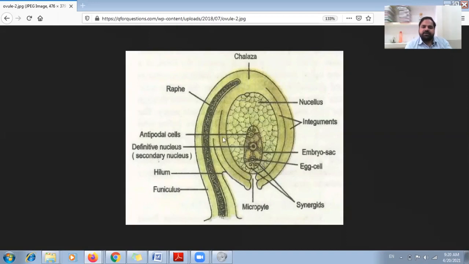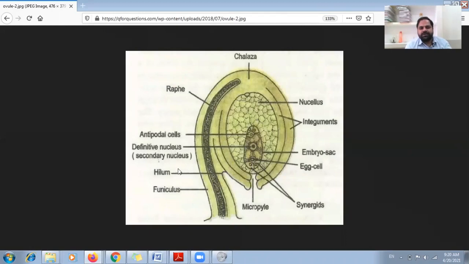Now we can see this, the main body of the ovule is attached with this placenta, and this placenta is present over the wall of ovary. So this is the placenta, and in between placenta and the main body of the ovule, there is a stalk-like structure. This stalk-like structure is called funicle, as I told before. So this is the funicle, and at the base of the funicle there is the placenta. Now, this is the junction point of the funicle and the main body of the ovule, which is called hilum.